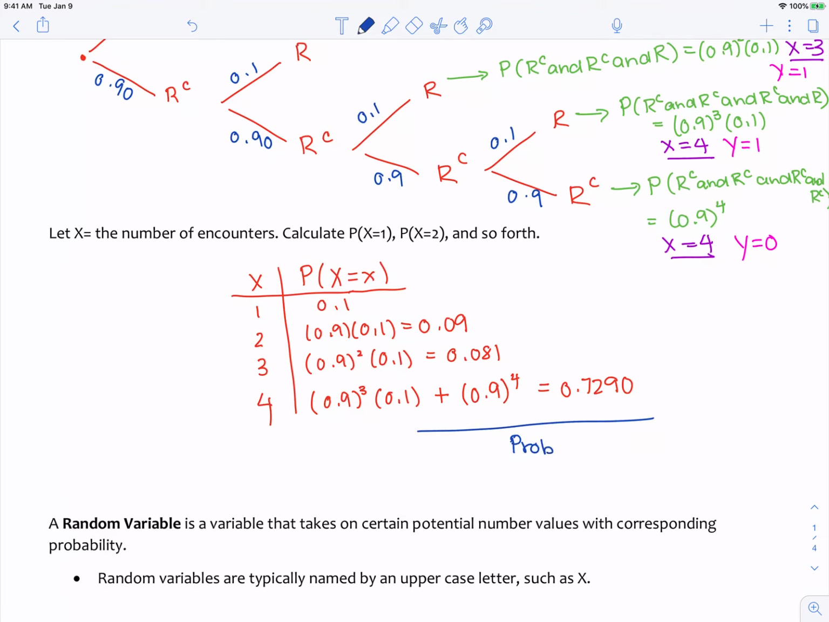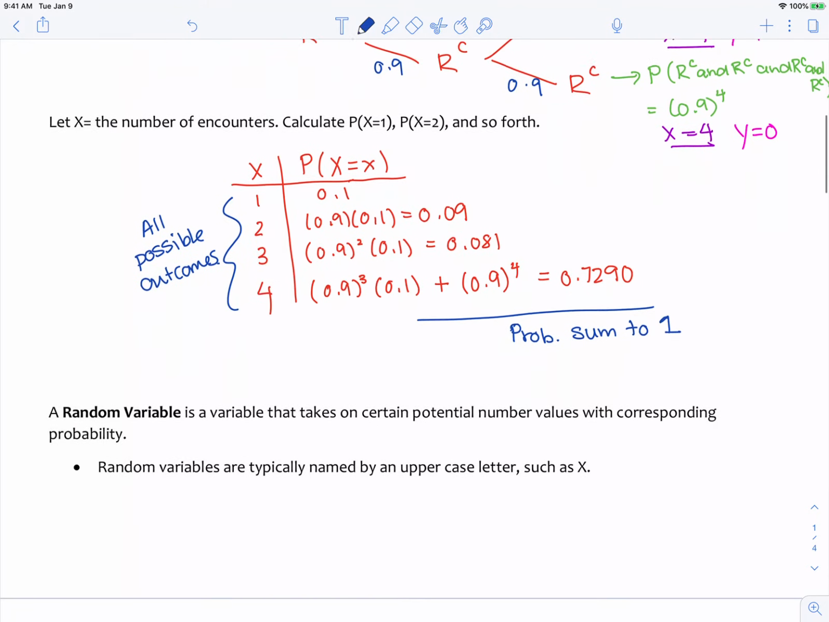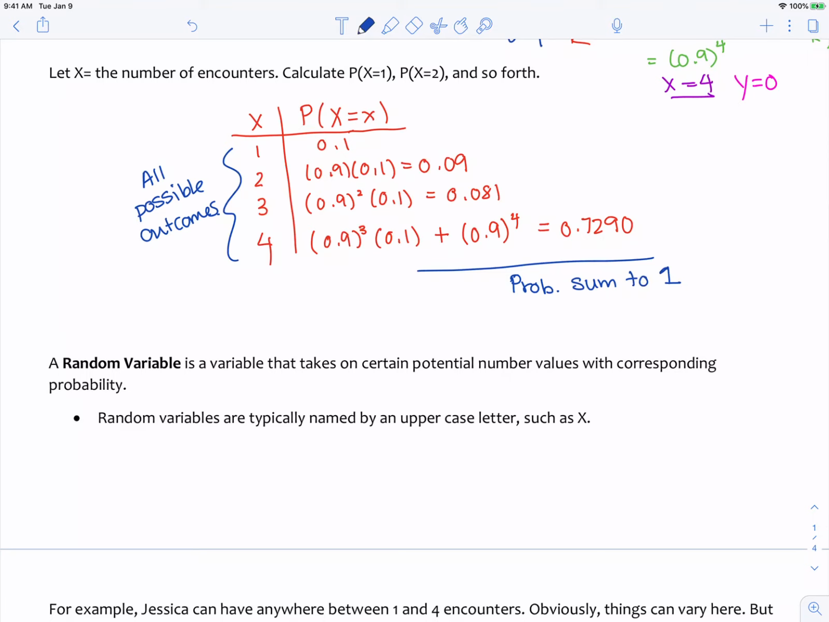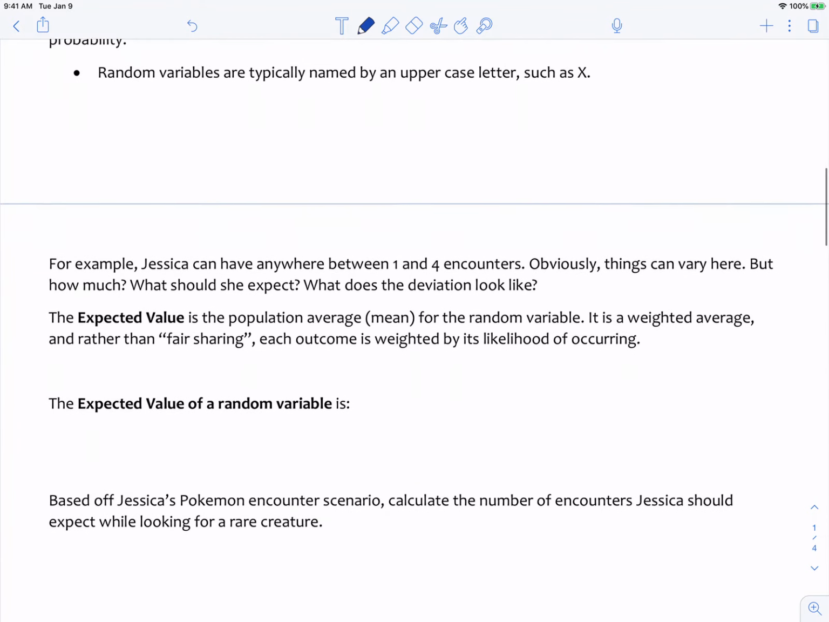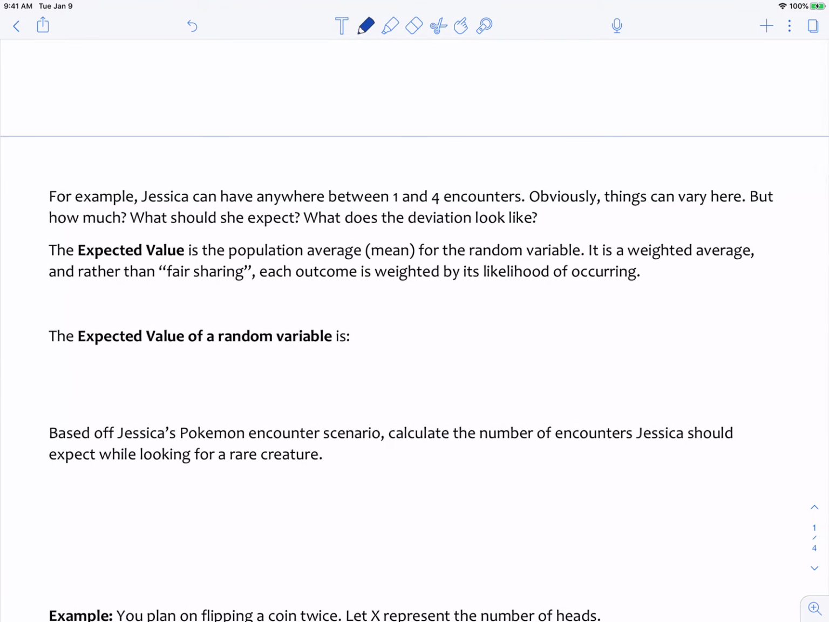So probabilities sum to 1, and we must have included all possible outcomes. Okay, so let's bring this all back together. A random variable then is a variable that takes on certain potential number values with corresponding probability. So usually we name our random variables with an uppercase letter like uppercase X, uppercase Y, like we saw in this last example. And so for our particular case, Jessica can have anywhere between 1 and 4 encounters, and obviously